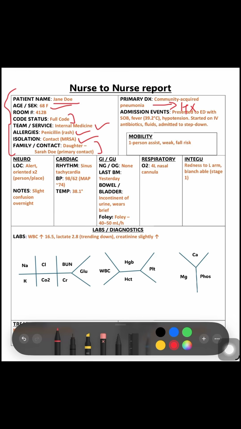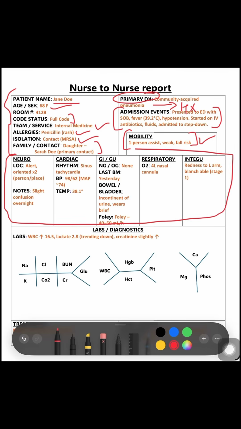And so we need to know what's the primary diagnosis, what's their history, what happened when they were admitted, how they were admitted. So as you can see, they presented to ED with shortness of breath, fever, hypertension. They started IV fluids, and we want to know what's their mobility, if they use a walker, wheelchair, one-person or two-person assist, or their falls risk. So we need to know that information. That's important information. And here I have head to toe information: neuro, cardiac, GI, GU, respiratory, skin,